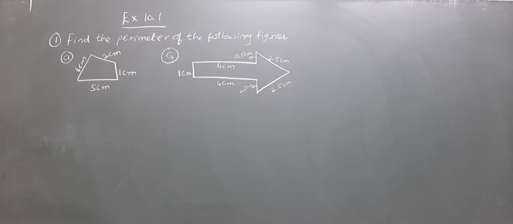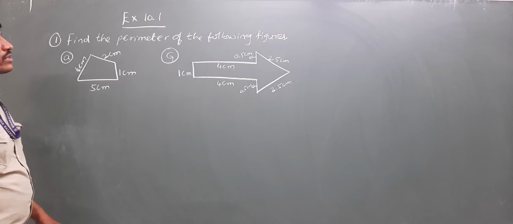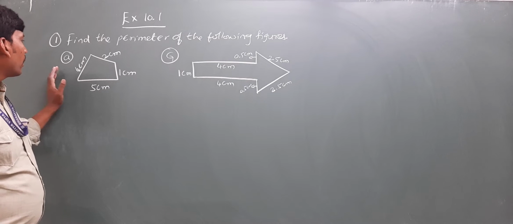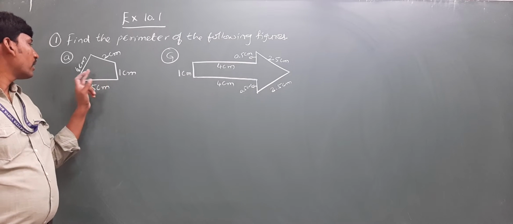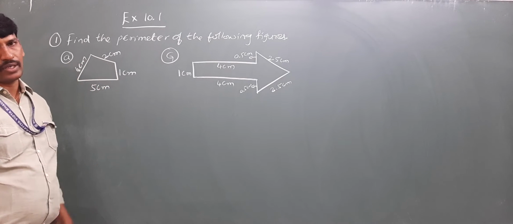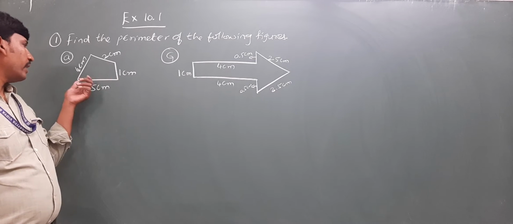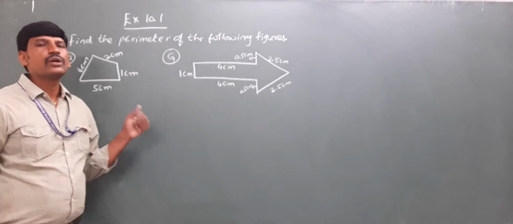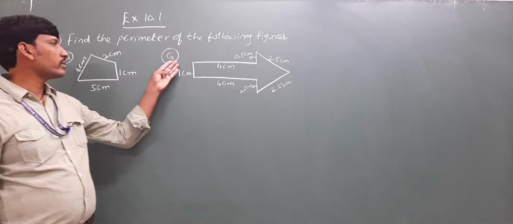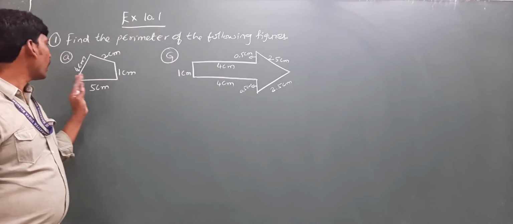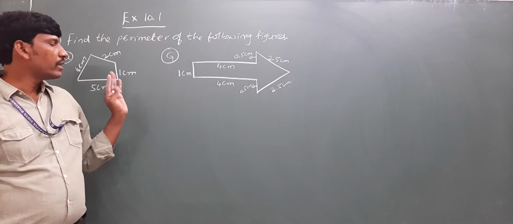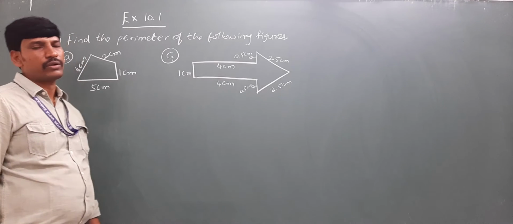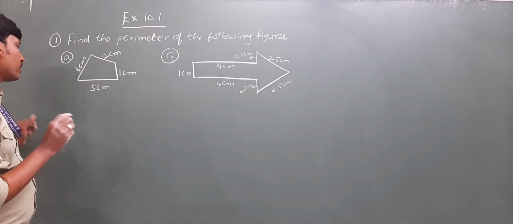Now children, let us discuss some questions from your exercise. See, first question, A bit. There is a figure, there are 4 sides, it is a quadrilateral. They did not give any name, so we need to give some name for this quadrilateral. It is easy to calculate. Here also one more question, G bit. So there are A, B, C, D, E, F, G. There are 7 questions. I am going to solve 2 questions. The remaining 5 are homework for you. Okay? Now let us see this here.